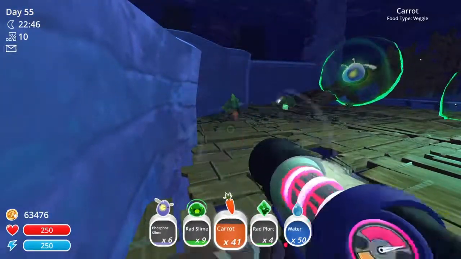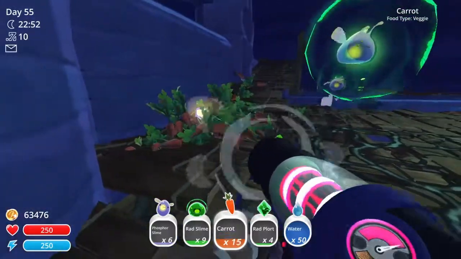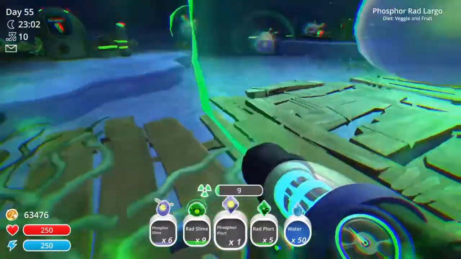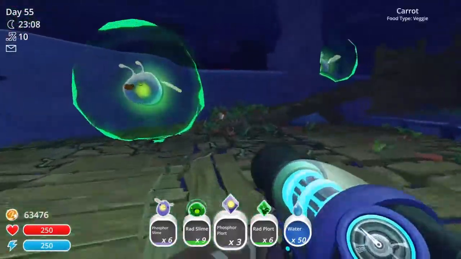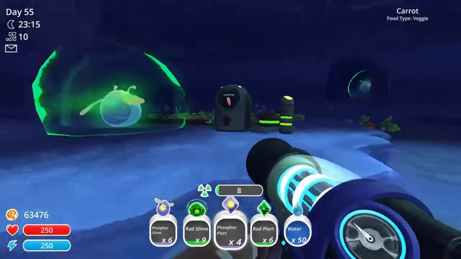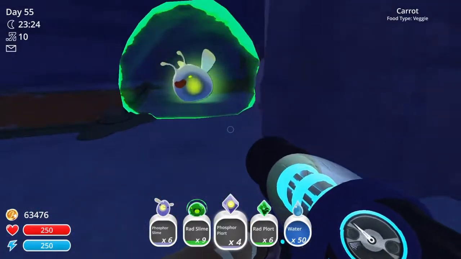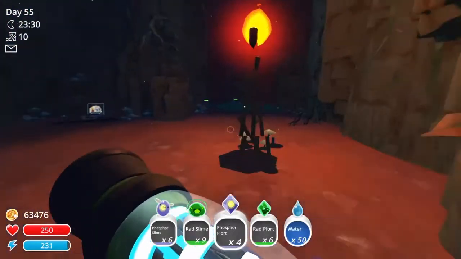Alright, 50 carrots coming out, because I gotta pick up phosphor plorts. Well, actually, I don't have to pick up the phosphor plorts. I gotta pick up the rad plorts, which I don't even understand how there are phosphor plorts in here. Like, that doesn't make any sense. Okay, so let's see. Make sure real quick. No glowing green plorts anywhere, right? Good. Okay, so